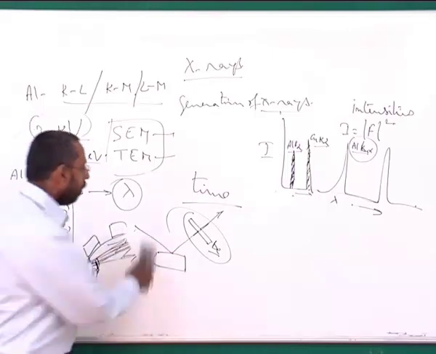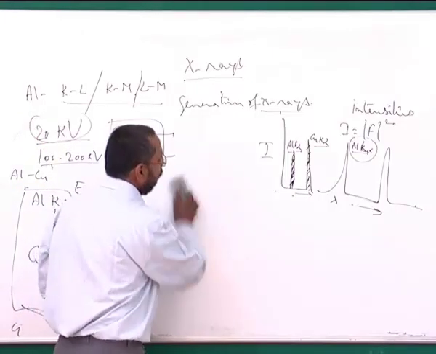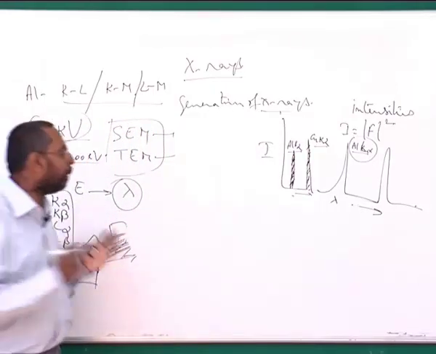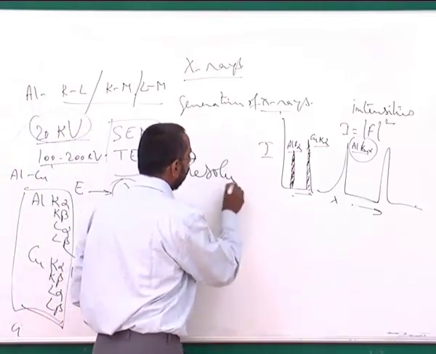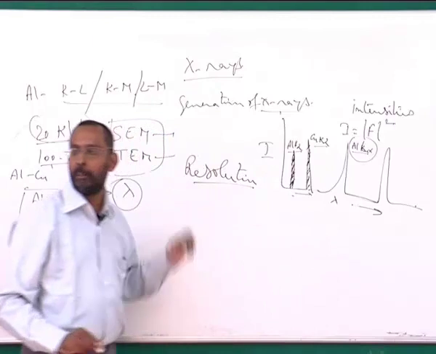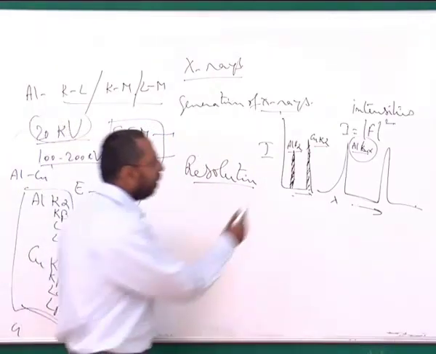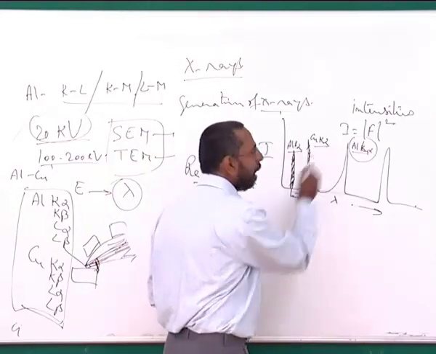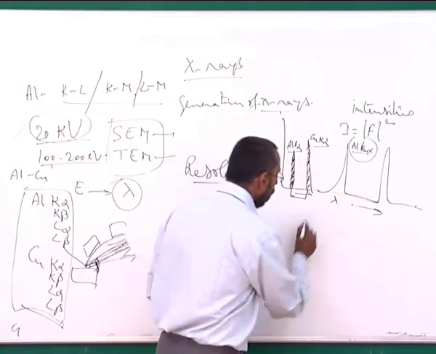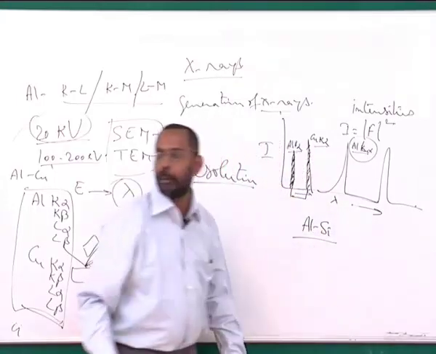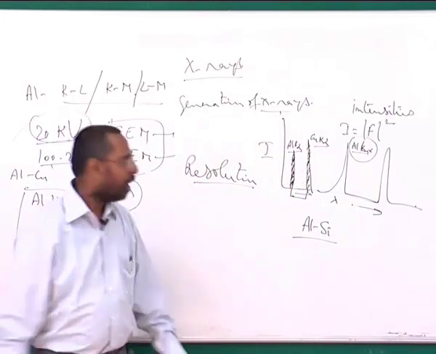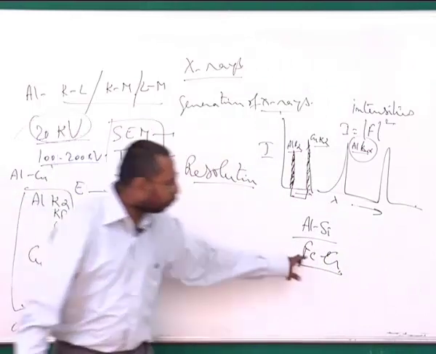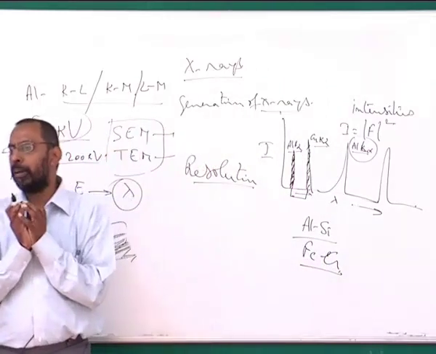And with all this, what you see is that you lose a lot of time in this particular technique, but you get a very high resolution. One important thing in WDS is resolution. What do you mean by resolution? I am not talking of spatial resolution. I am talking of energy resolution. So I do not want two peaks of aluminum K alpha and copper overlapping. For example, the problem in an aluminum silicon alloy is this problem. If I am working with aluminum silicon alloys or iron chromium alloys, anytime you have two elements with very close atomic numbers, you have a problem.